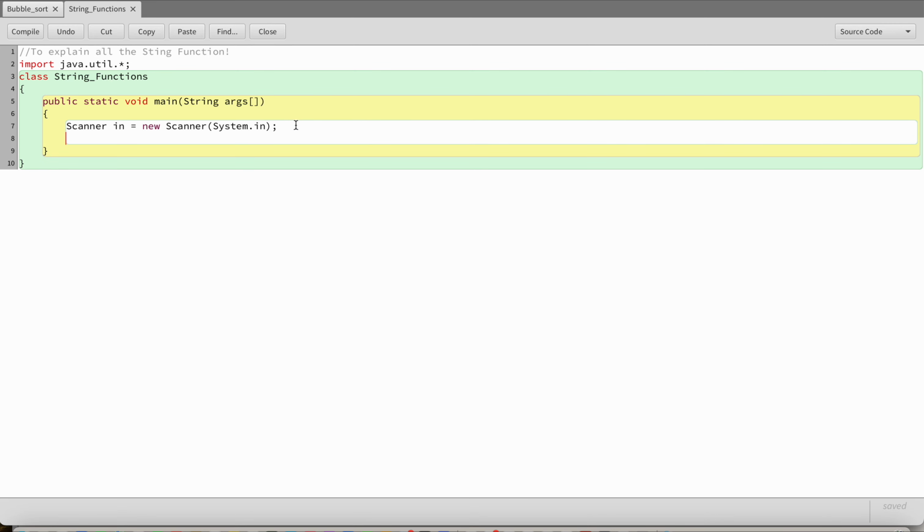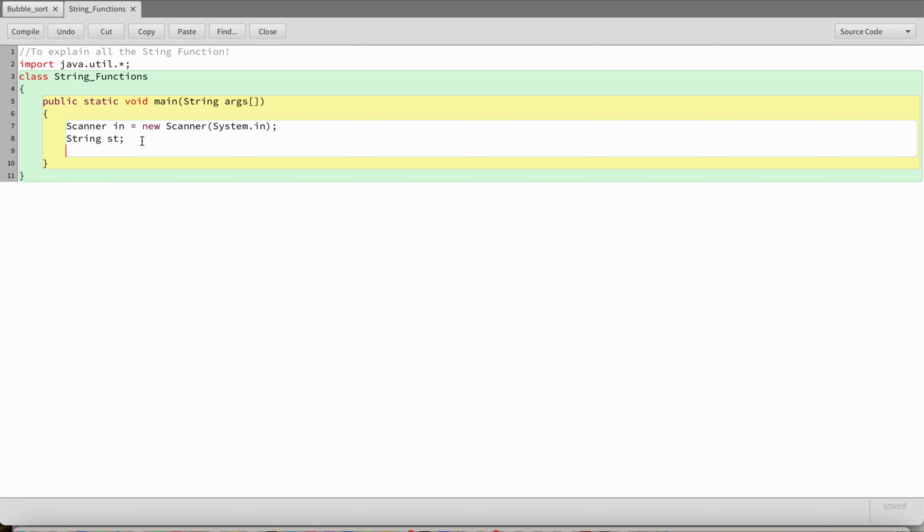Okay, so let's start. Before we go into any string function, we need to know how to take input from a user, how to take a string input from a user. That's where many people usually get stuck, because they don't know how to take an input that is a string from the user. So first you create your string variable, string st. Then what you do,